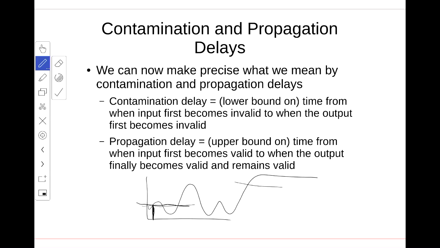The propagation delay is very similar. It's time from when the input first becomes valid. So just because over here it might have become valid, it becomes invalid again, so we don't actually count that. We wait until when the input